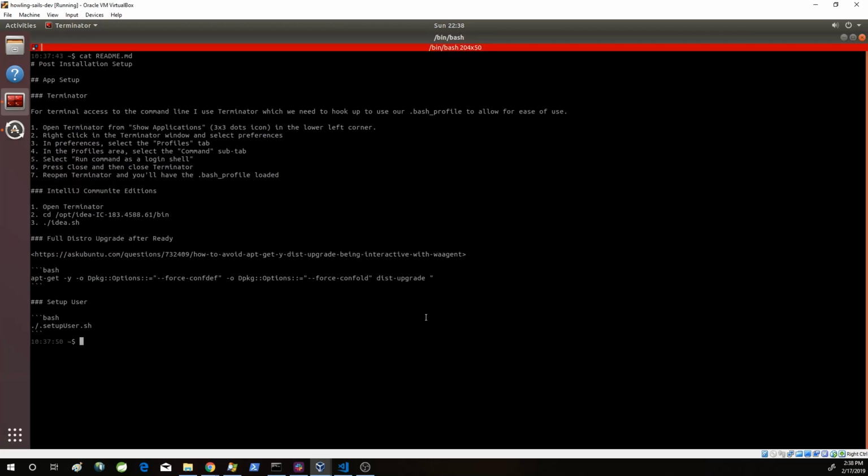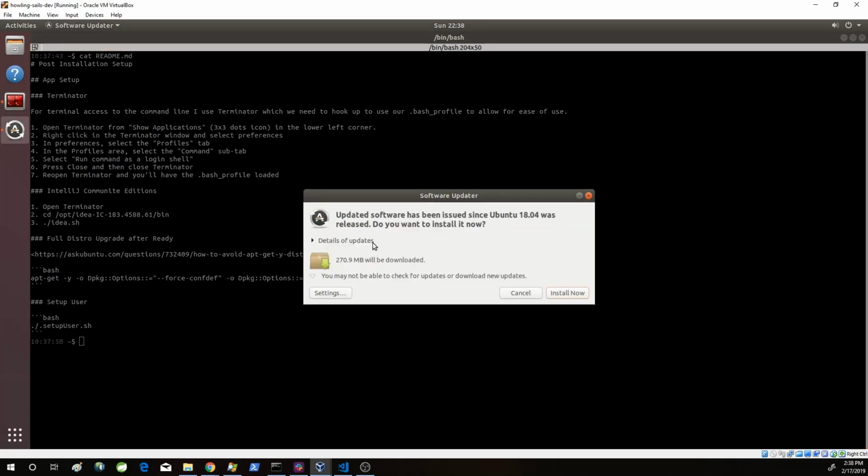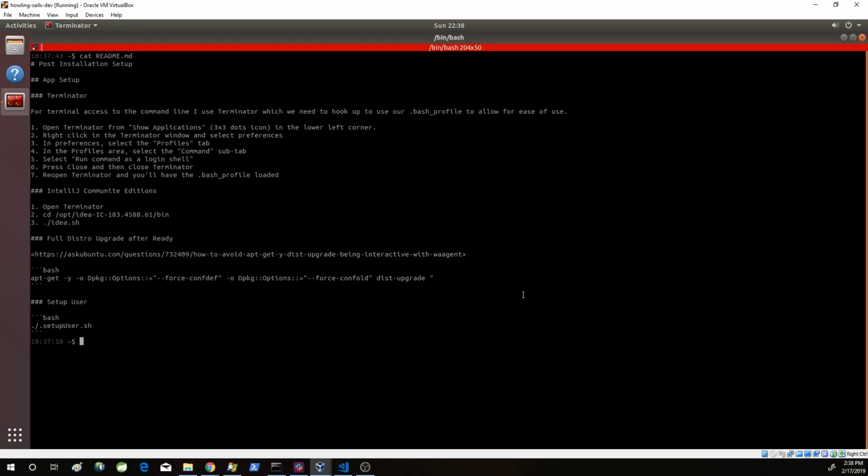And we'll close that. In the meantime, we saw a little pop-up in the background. The software updater came up, and this is basically going to patch Ubuntu with the latest patches. We're going to cancel that. I'll run that a little bit later. Now, after I set up Ubuntu, I'm going to go ahead and, now that I set up Terminator,